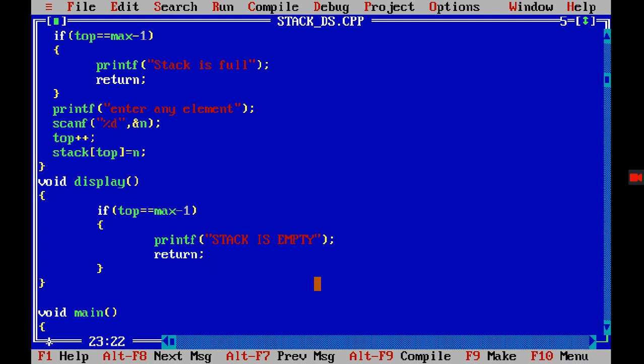Now if it is not like that, then what I need to do is display it, right? For displaying it, as you know, this stack is nothing but your array only. We are taking an array and converting it into a stack. So for displaying any array, what you need is a simple for loop. But you might be aware that in a stack we usually consider it from the top, right? First we need the topmost element, then the second, and it's a bottom up approach.